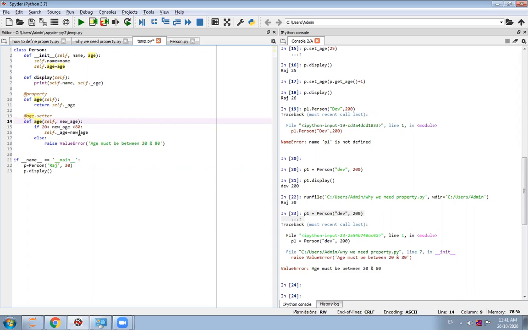In our previous program, without property, right? But here actually we are not writing get_age or set_age, so any client can easily access this age. This is a setter method, and this is a get method. That's why I'm not writing get or set here. So the client can directly access it by directly writing the age.